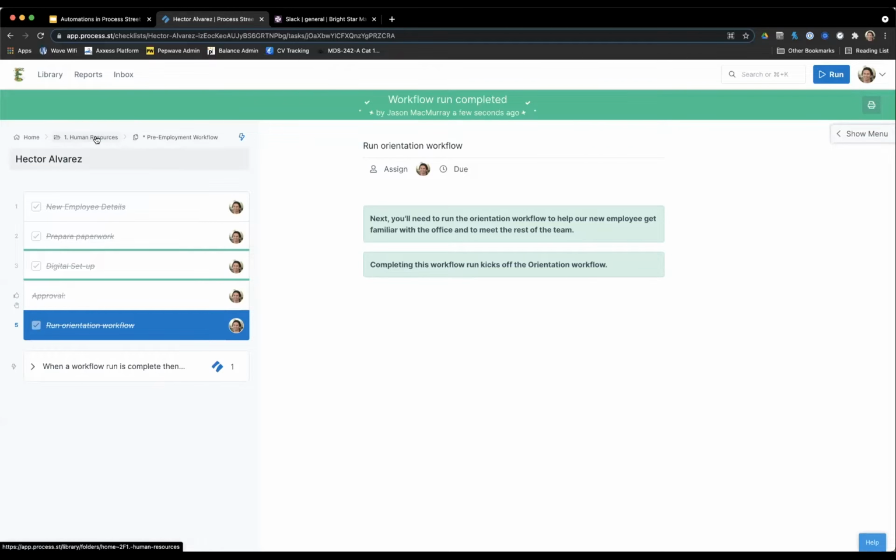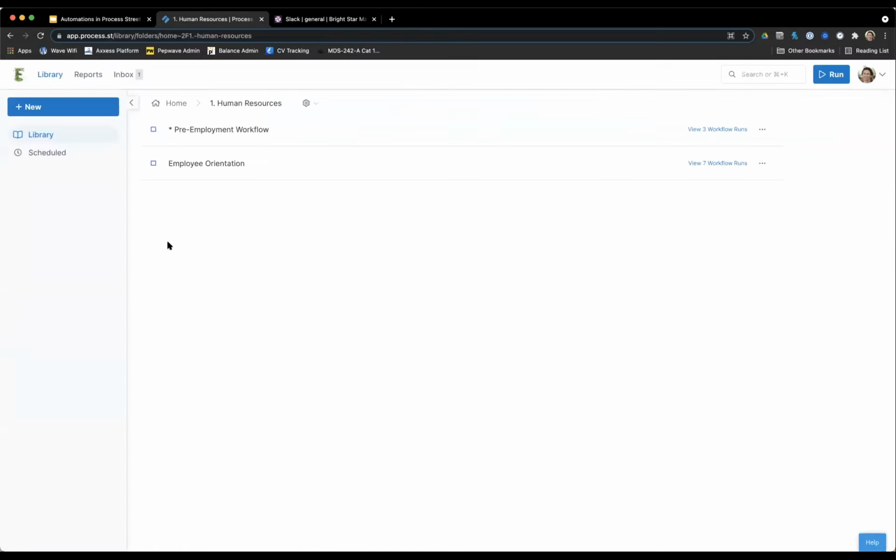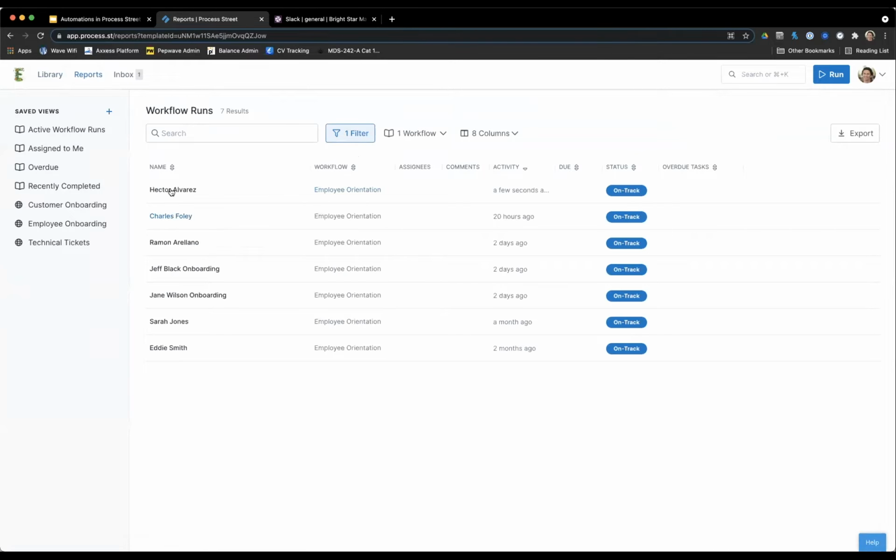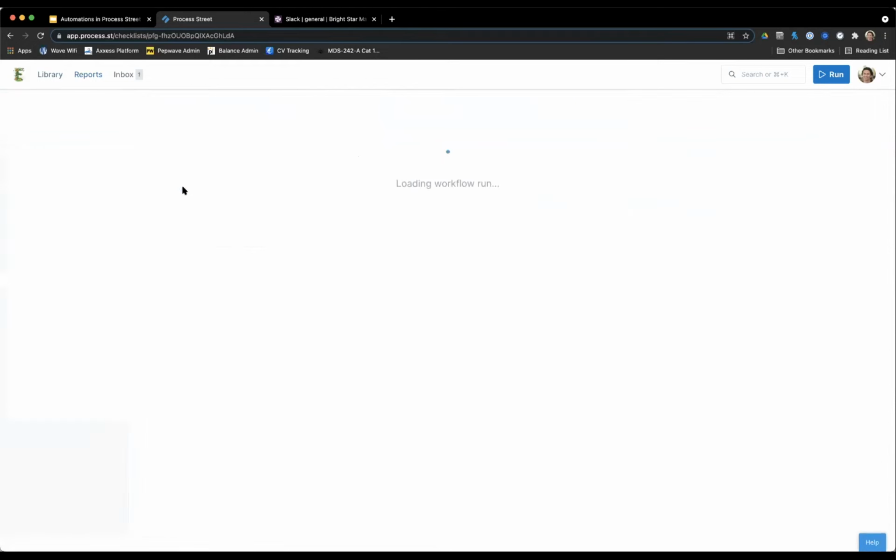So I'm going to go back to our HR folder. I'm going to look at our workflow runs. And you can see here that there is a workflow run for Hector Alvarez. And it was done a few seconds ago. This is the one where the automation did it. I'm going to open that, and